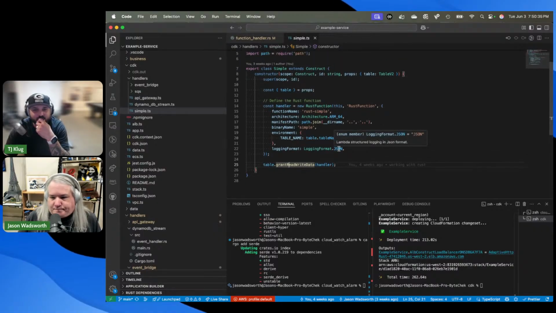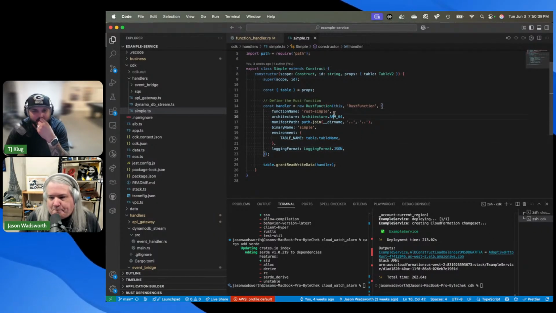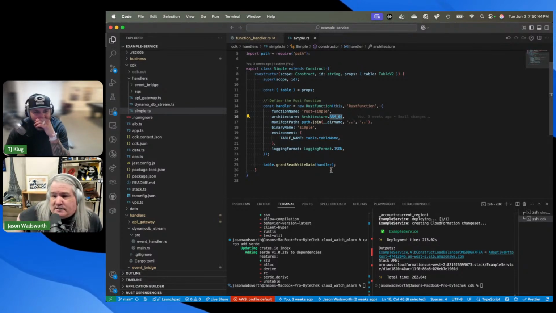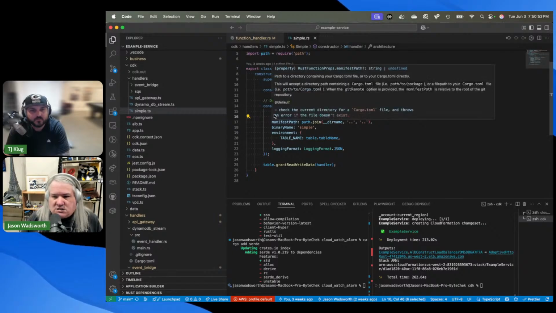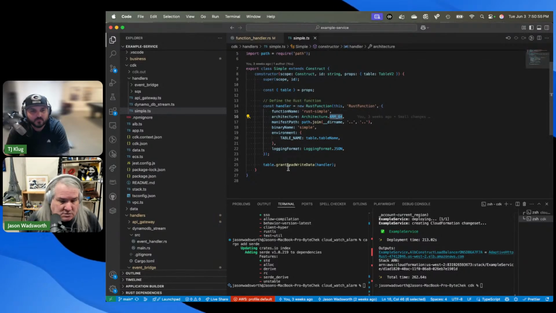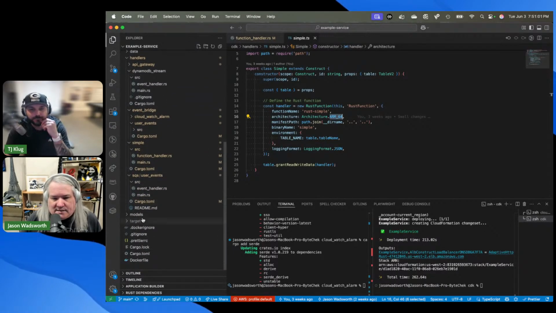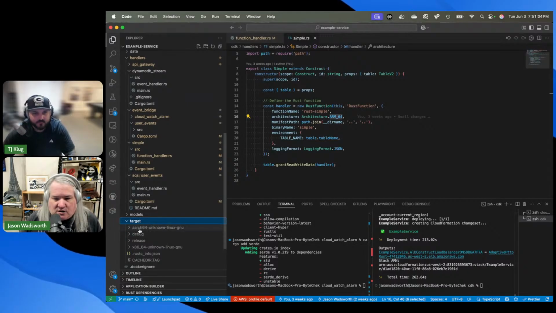Talk about the architecture. I know most people are going to use ARM64. How does that play into the TOML and all the build process type stuff? Interestingly, not a lot. When this CDK code runs, it's ultimately going to run cargo build. This is an L2 construct, yeah. Ultimately it's going to create these target folders. You'll see this aarch64-unknown-linux-gnu. That's what this is. If I were to change it to something else, you'd see a different target down here, like this x86_64 one.